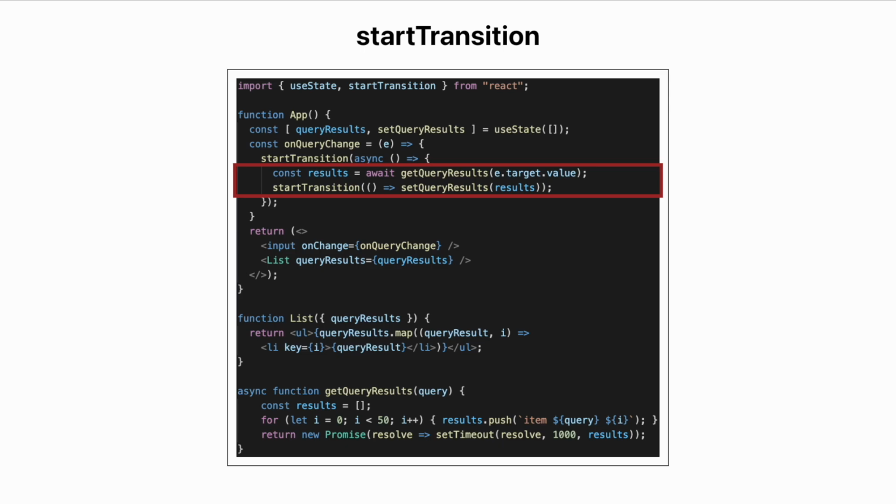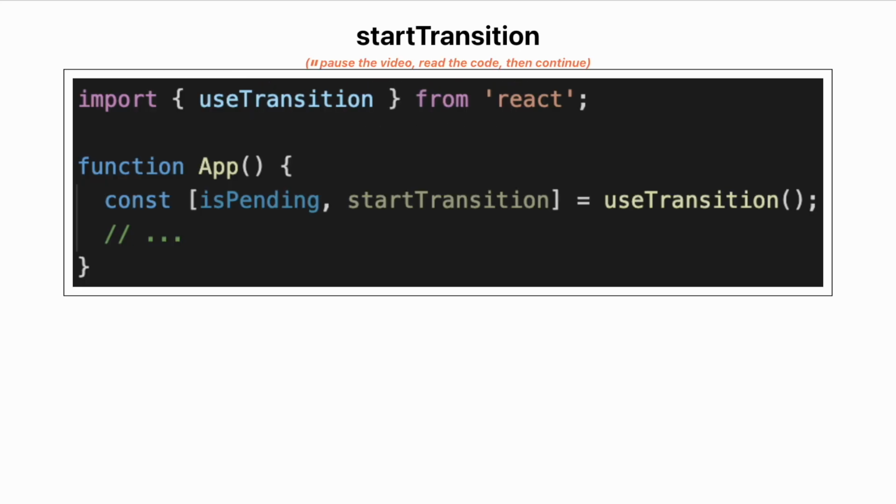When startTransition is not used, the query results will be rendered for every change you make. That is, as you type characters in the input field, the list component is rendered for every character change. But when you use startTransition, whenever the input is changed and if there is already a pending transition, the pending transition is interrupted, as transitions are interruptible, and a new transition is started. Cool. How do I know whether a transition is pending? In order to know the pending status, you have to use the useTransition hook, which returns the startTransition function and an isPending flag to indicate the pending status of the transition.